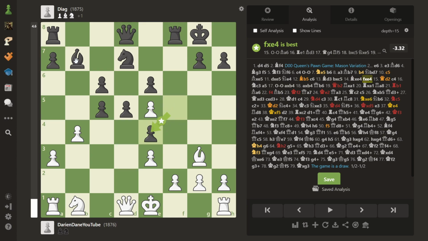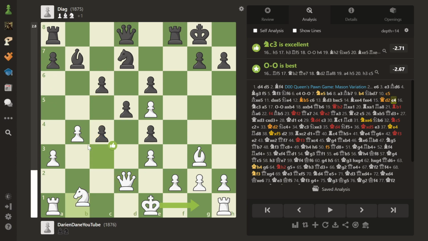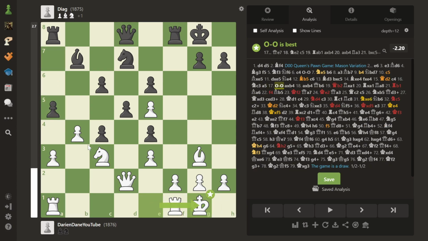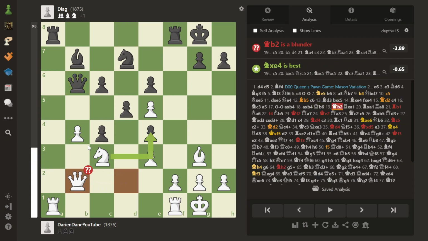my opponent takes and opens the f-file for his rook. Now I lift the queen, I don't know why. Oh yeah, because if pawn takes, I wanted to take with the queen. Okay, my opponent doesn't take, so I develop my knight and castle. Okay, my opponent takes, I take, the queen attacks the pawn, and I move